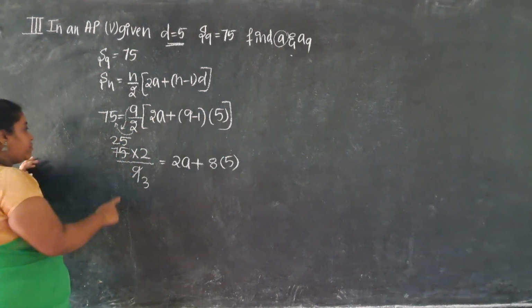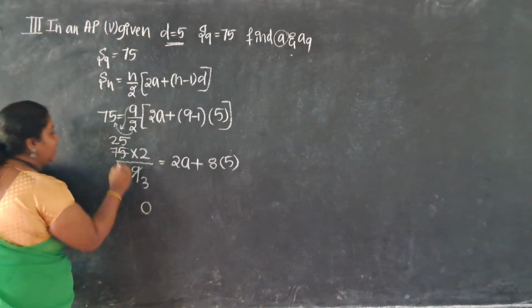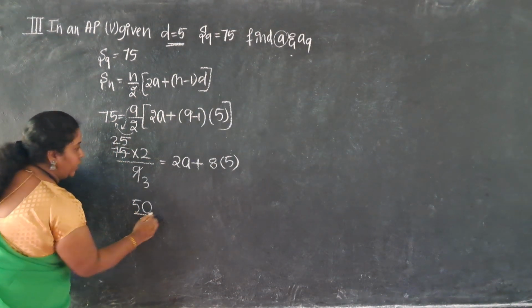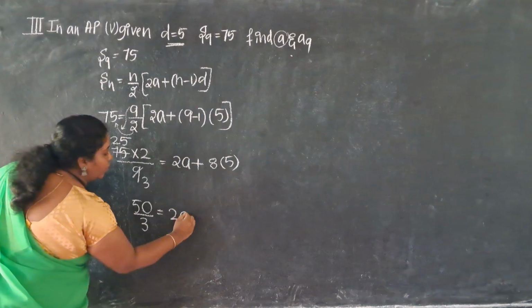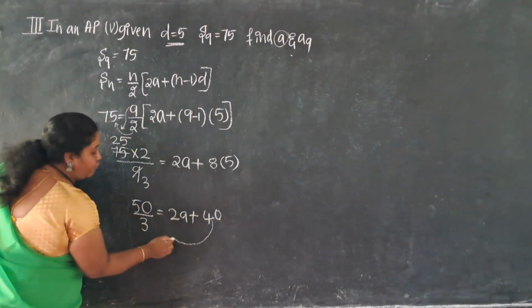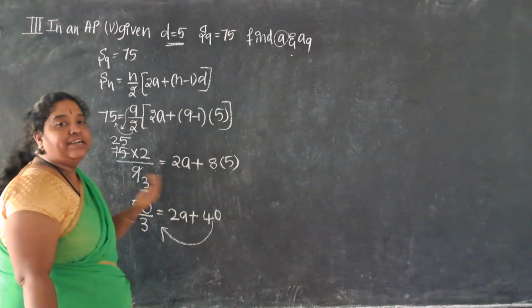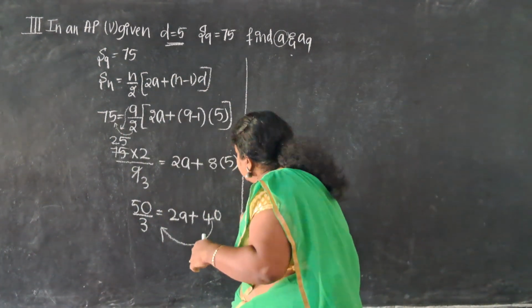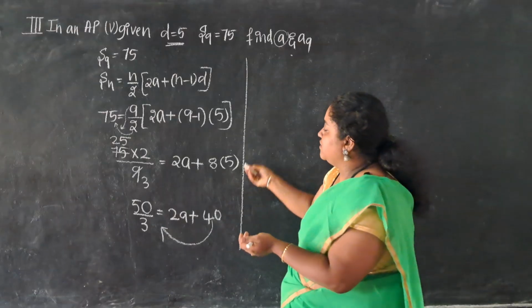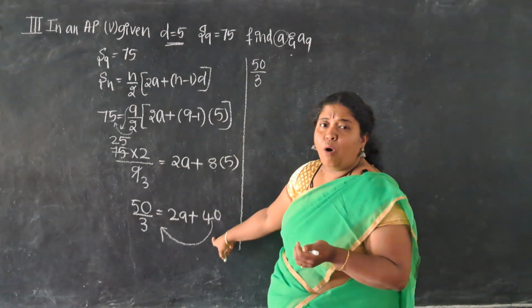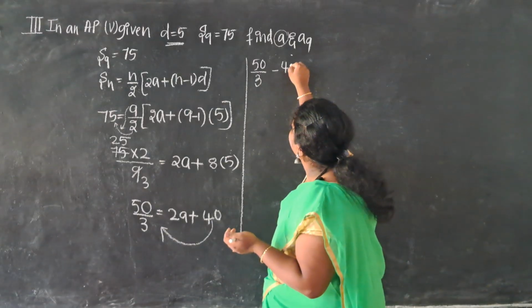Understanding? 2 5s are 10, carry 1. 2 2s are 4 plus 1, 5. I got it here, 50 by 3 is equal to 2a plus 8 5s are 40. See dear, I'll send 40 to this side. Positive 40 turns to be negative 40. Understanding? So now my question changes in such a way that 50 divided by 3, positive 40 becomes negative 40